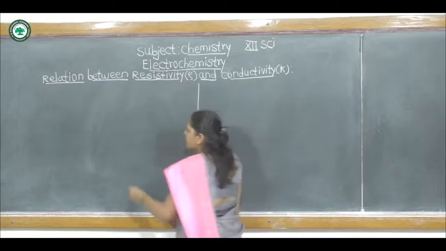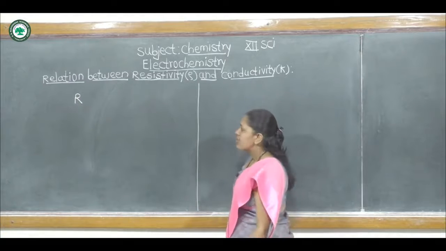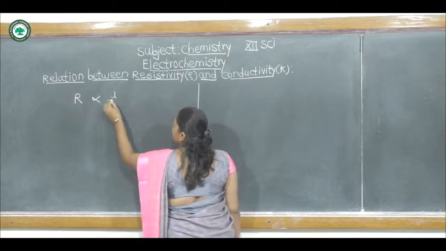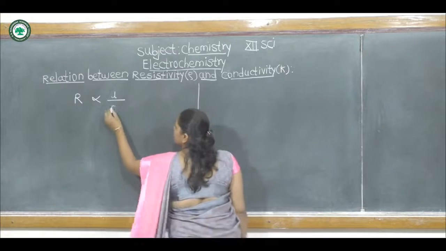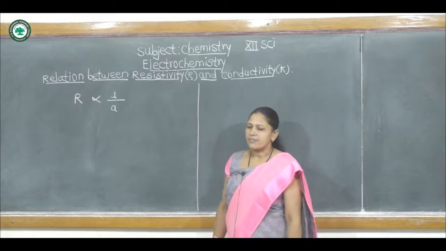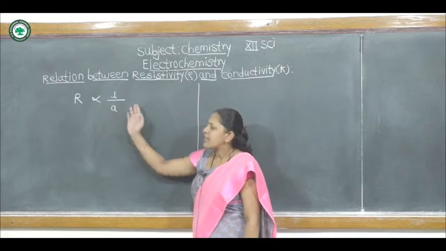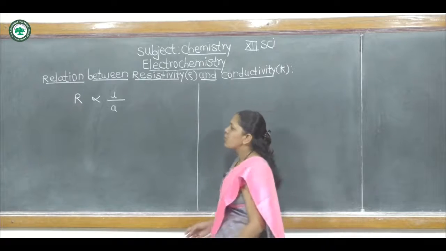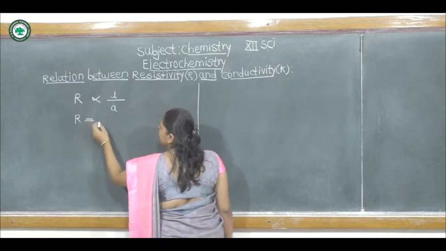Resistance of a conductor, denoted by capital R, is directly proportional to the length of the conductor, denoted by small l, and inversely proportional to the area of cross section of the conductor. Mathematically, this can be written as R is directly proportional to L upon A. If we remove the proportionality sign, then we get R is equal to